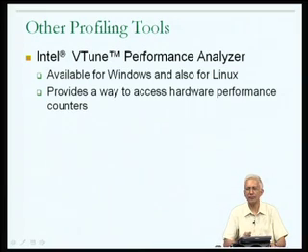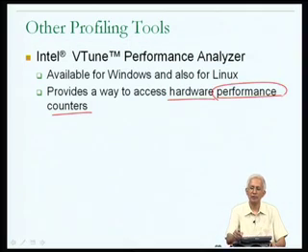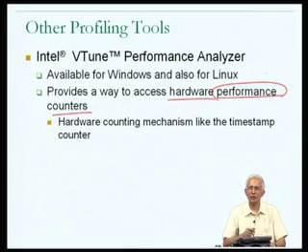And basically, this is special in that unlike the previous 2 mechanisms that I had talked about, in other words Prof and basic block level profiling using something like Pixie, vTune provides a way to access something called hardware performance counters. Now, hardware performance counters, as the name suggests, are mechanisms that are available in the hardware for us to get some count information about different performance aspects of what's happening in the hardware when our program executes. And from this we should understand that in addition to hardware counting mechanisms like the timestamp counter, which we saw a little while back when we were talking about timing,